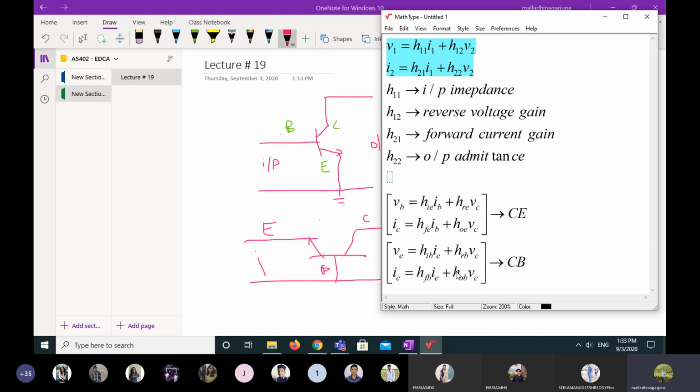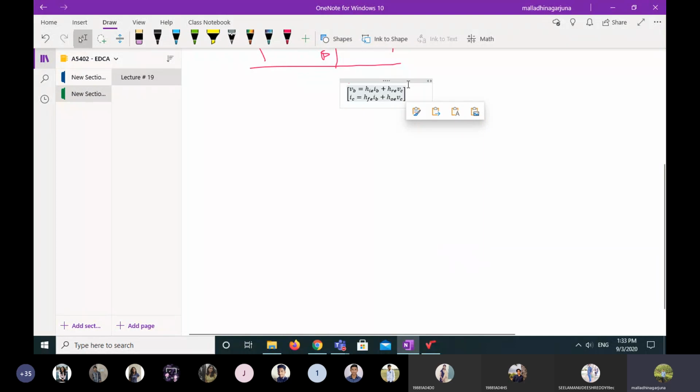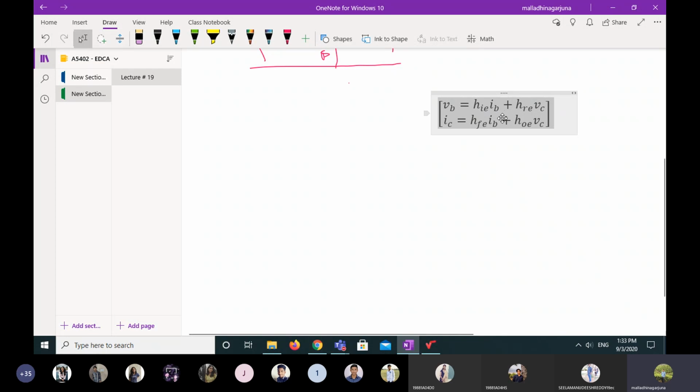Is it clear? Okay, so this is how we can write the equations. Now let us draw the circuit. How we can draw the H parameter model. Okay, how we can draw the H parameter model circuit for the following equations is, see, there are two